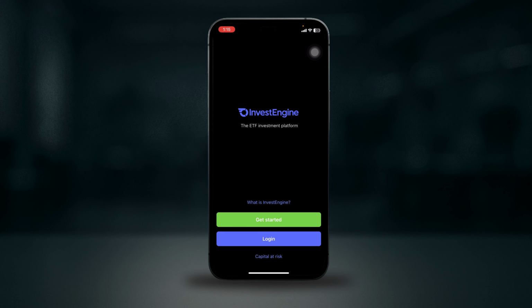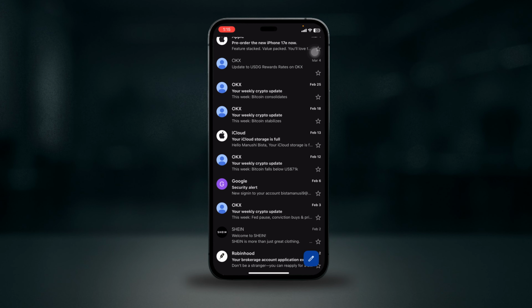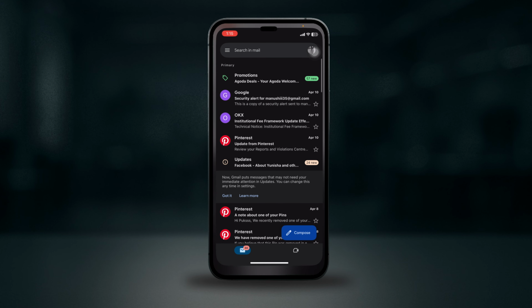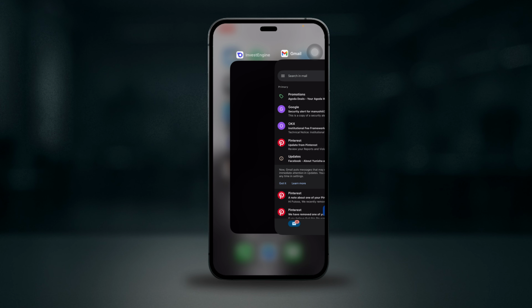by the system. If this happens, wait a few minutes and try logging in again using the correct credentials. Next, check your inbox in email for any messages from InvestEngine. The platform often sends a notification explaining why the account was locked and what steps you need to follow to restore access. If your account was locked due to incorrect password, use the forgot password option to reset your password